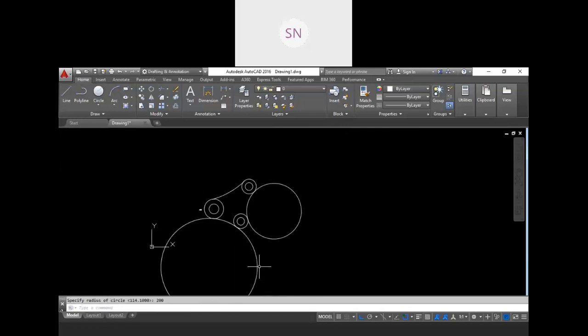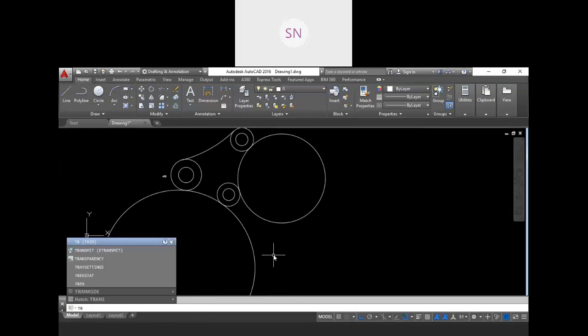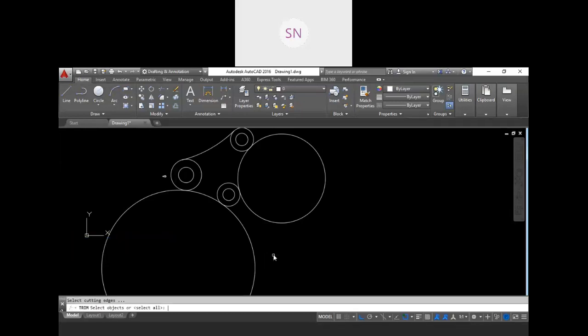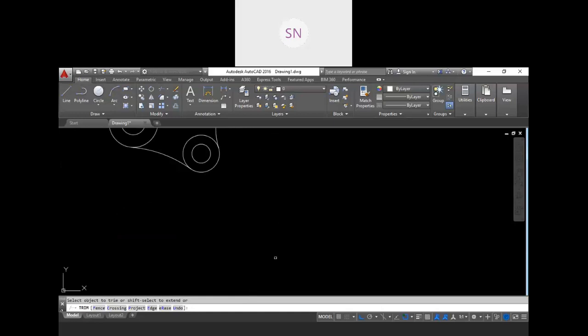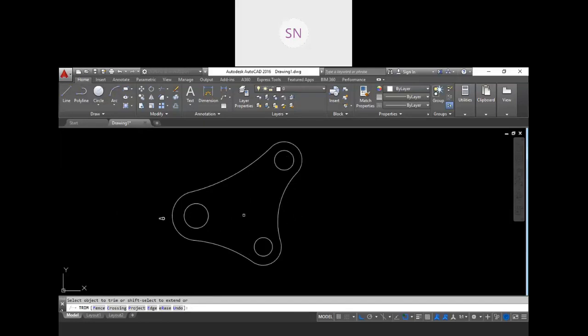And to trim it we have the trim tool, TR for the trim, and enter it twice, enter, then just select that you want to trim and it will be trimmed out, right? Then we don't need this one and this one also. So in this way we can trim. We will discuss this trim tool in today's class. So this is our assignment 4 object.